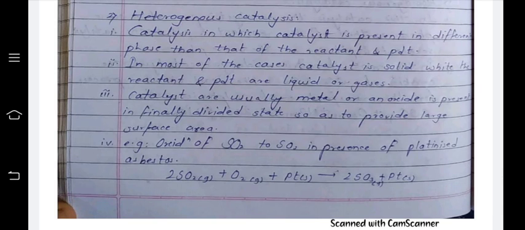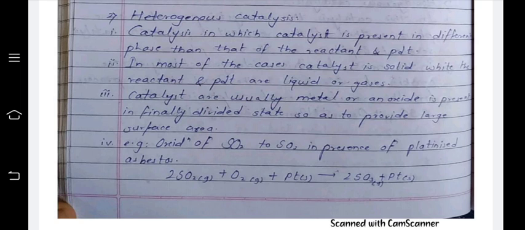Next is heterogeneous catalysis, in which the catalyst is present in a different phase than that of the reactant and the products. In most cases the catalyst is solid while the reactants and the products are liquid or gases. Catalysts are usually a metal or an oxide present in a finely divided state so as to provide a large surface area. An example is the oxidation of sulfur dioxide, SO2,